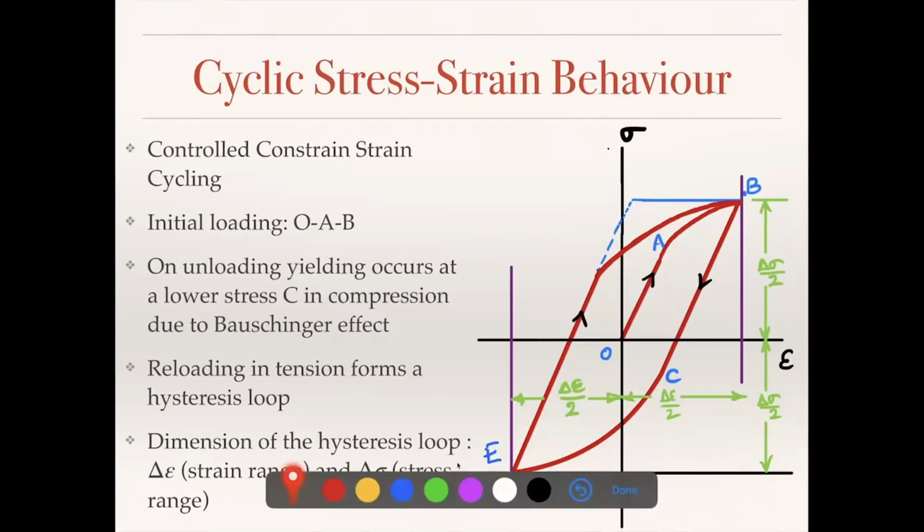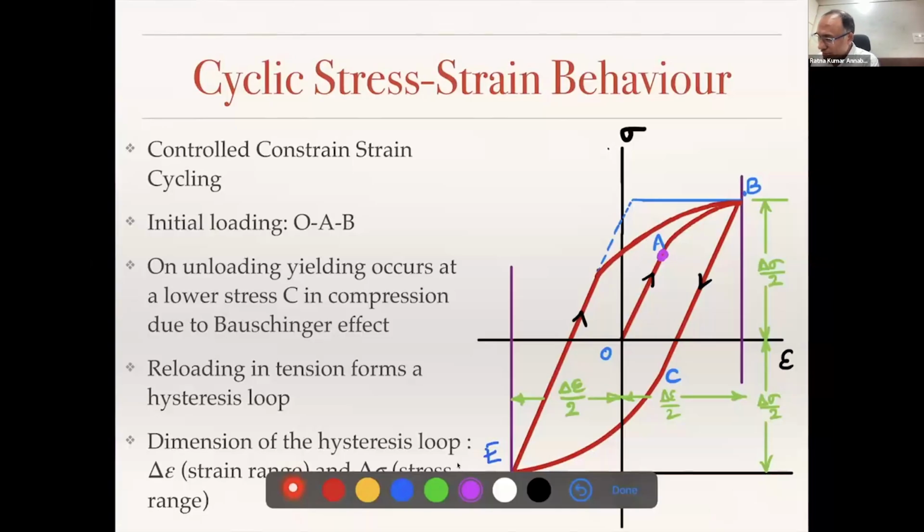Sir, in this sketch, could you just mark up that 2 epsilon naught? I mean, the second case that we discussed in the previous slide. So what happens is, let us say OAB is the initial loading. Let us say that is my yield point. But my yielding might occur